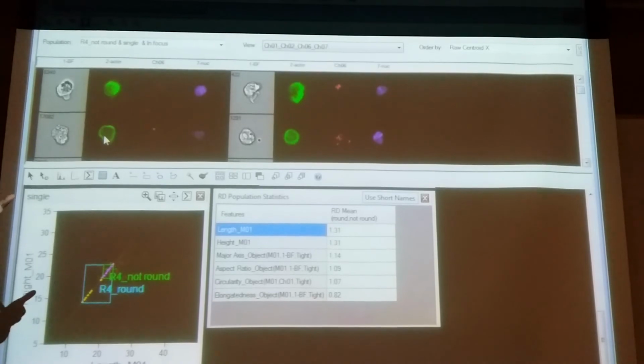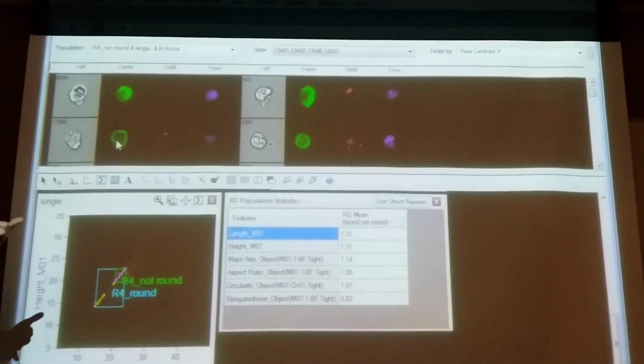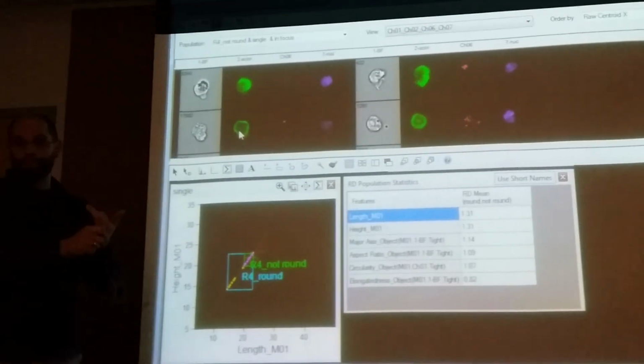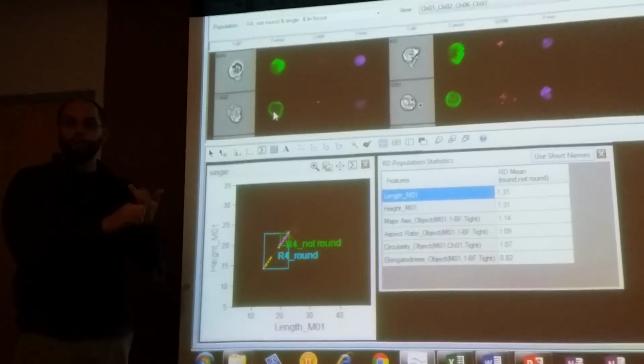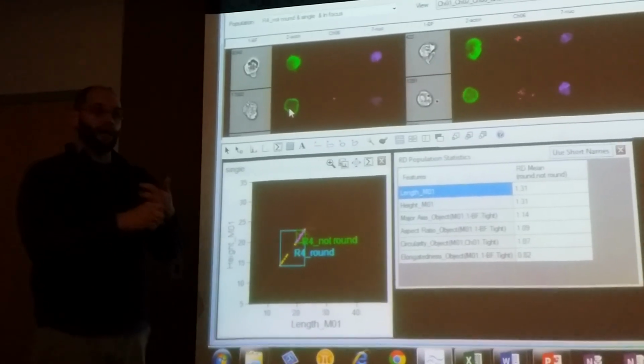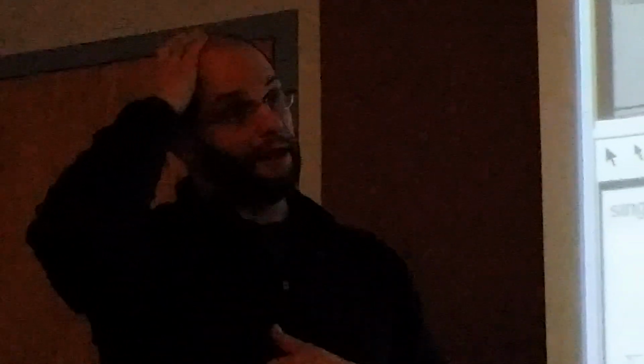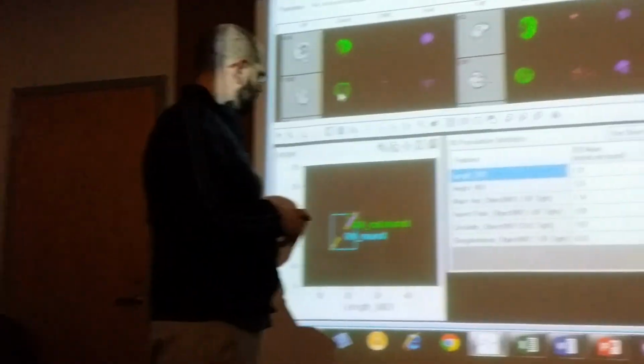So now I can analyze circularity and polarization and probably discover that those cells that are polarized have a higher tendency to not be round, right? And so then you can do a correlation that way. So isn't it strange that it did not select circularity as the primary, the